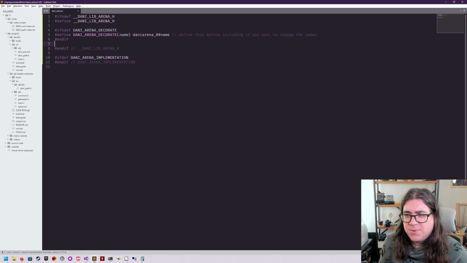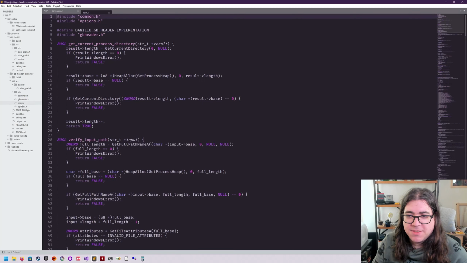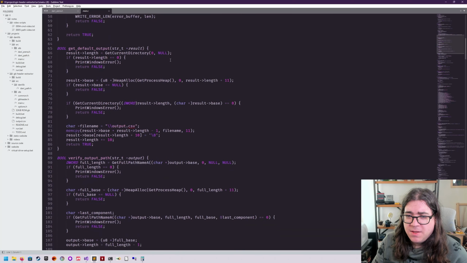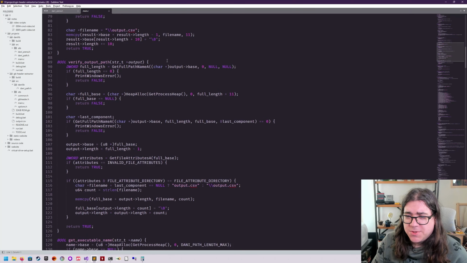Okay, so what do I actually need? Let's think about this a little bit. So I'm trying to use this in the GB header extractor program that I have, right? And essentially I want to reserve a bunch of memory up front, right? Well, address space up front. Commit probably one page worth of memory. And then as I allocate, okay, so